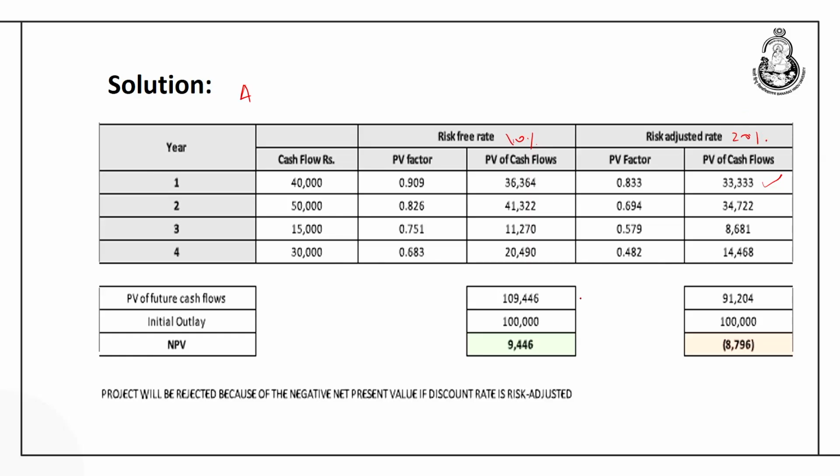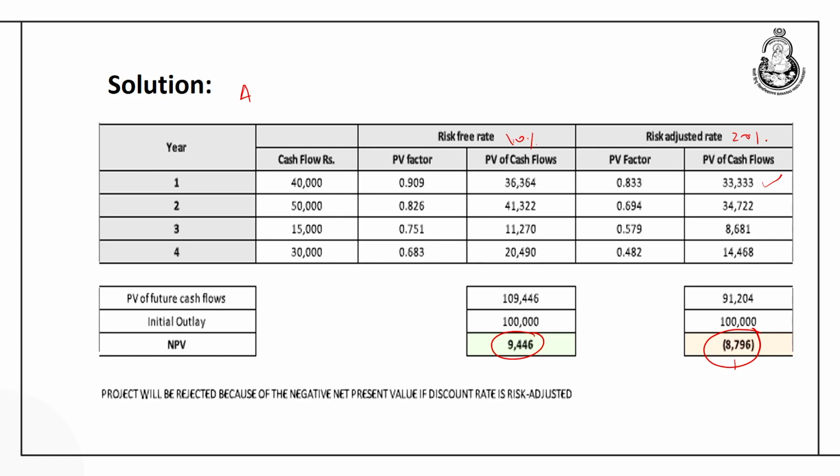Here the NPV is 9,446 at 10%. When the same project was discounted using 20% as the discount rate, we can see the project which seems to be very viable, worth selecting, has been giving the negative NPV, that is